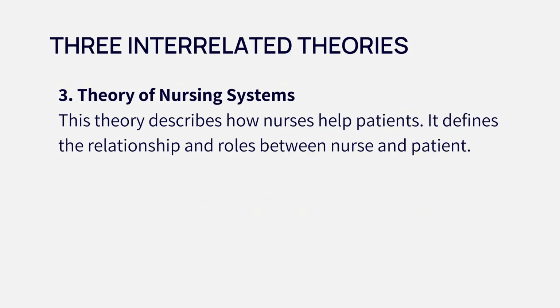Third one is the theory of nursing system. This theory describes how nurses help patients. It defines the relationship and role between nurse and patient. The last theory is very common, something we do daily. A nurse working in a hospital knows, because she is helping to move a patient,